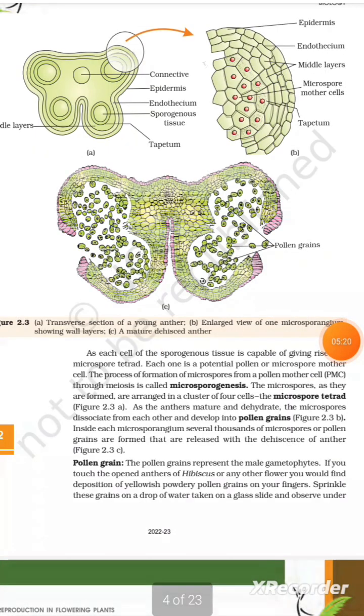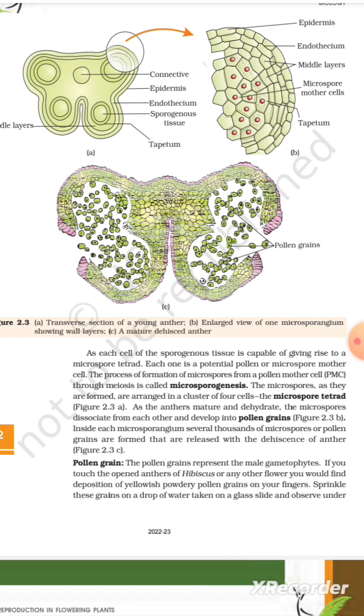Figure 2.3a, transfer section of young anther. B, enlarged view of one microsporangium showing cell wall. C, a mature dehisced anther. As each cell of the sporogenous tissue is capable of giving rise to a microspore tetrad, each one of the